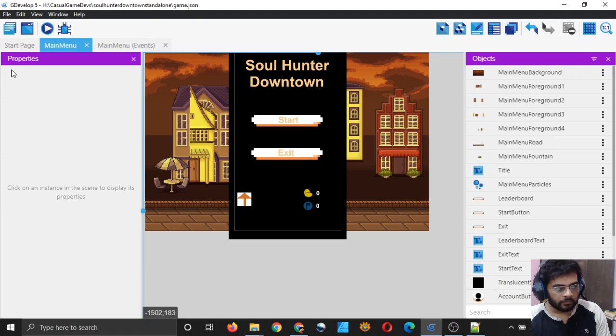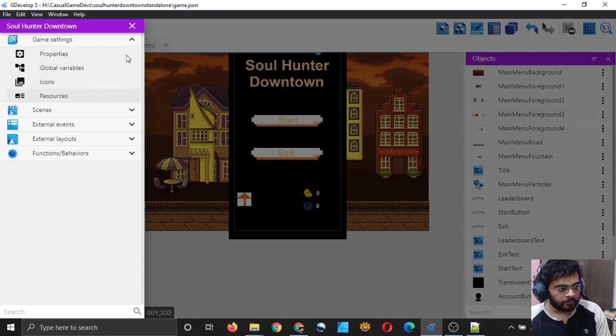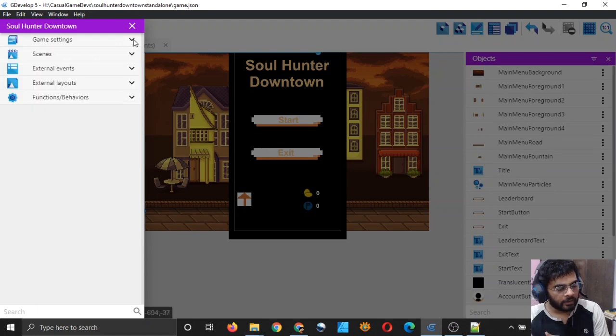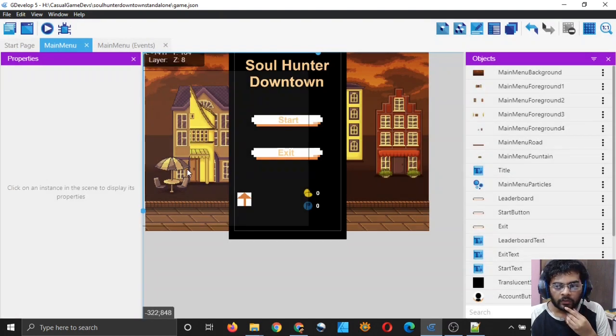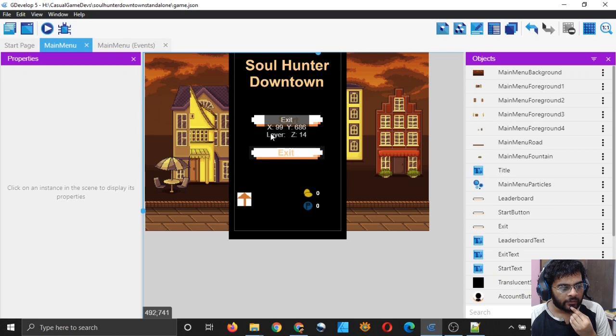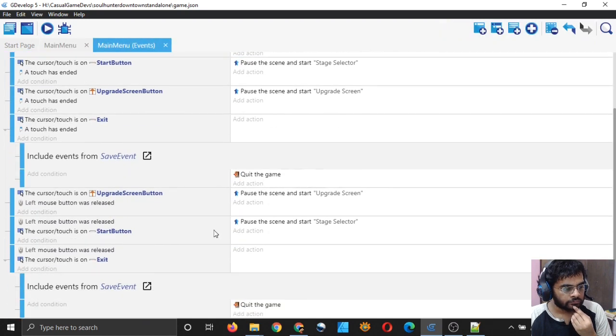In the place where we should add it, when we touch the exit button, we are first of all saving the game and then we are quitting the game.